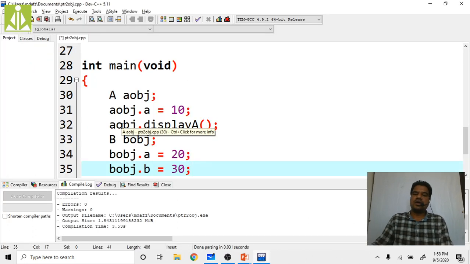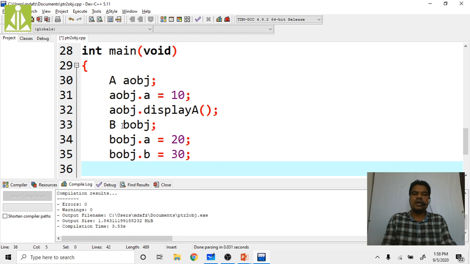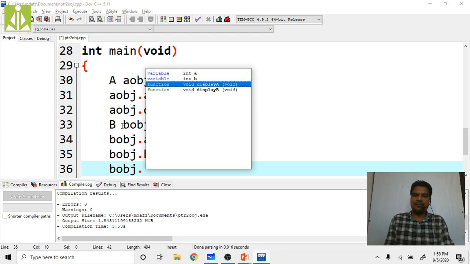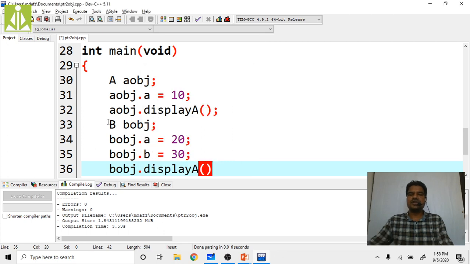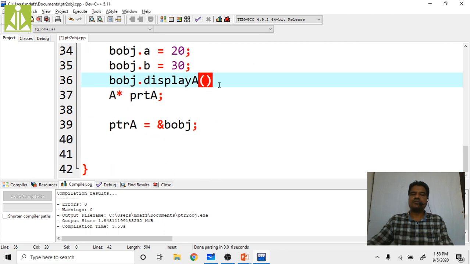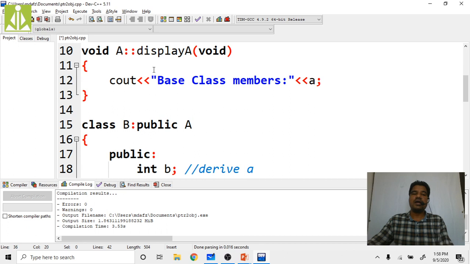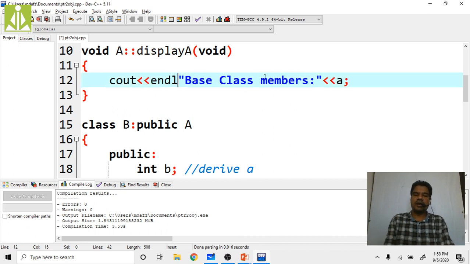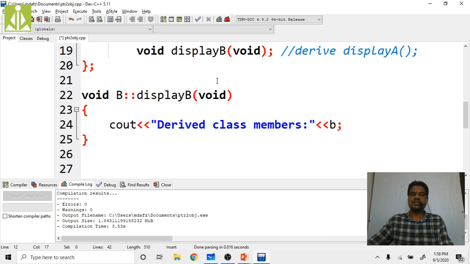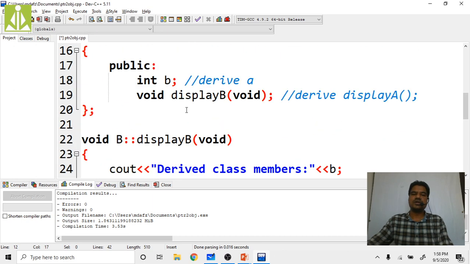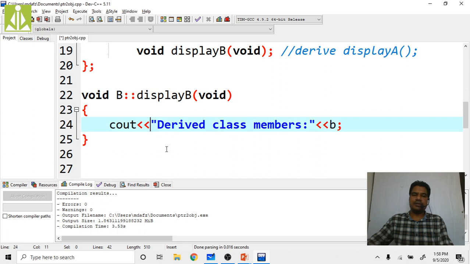Next, call BOBJ dot display A. This will print 20. Moreover, whenever you are printing the values, always try to add endl, so that output appears on new lines. Here also put endl.